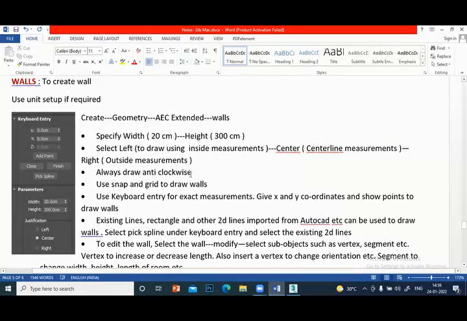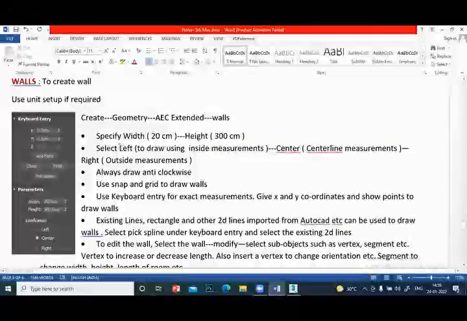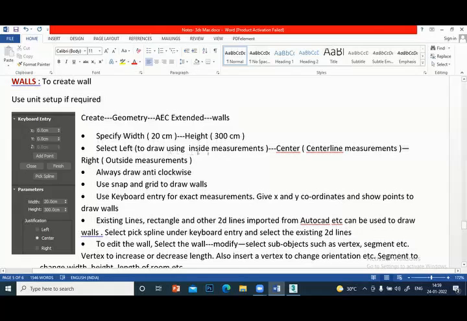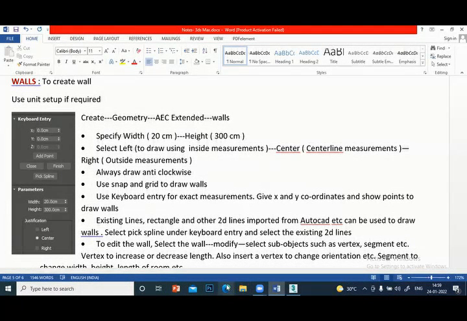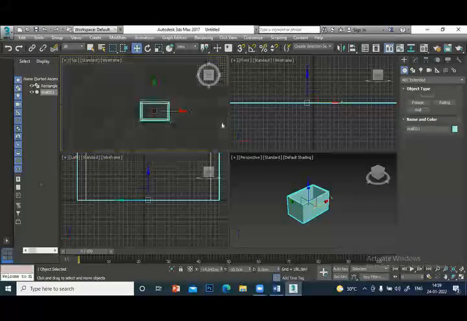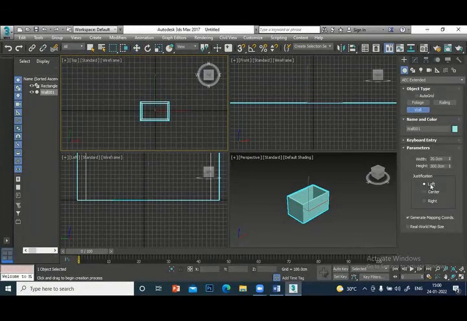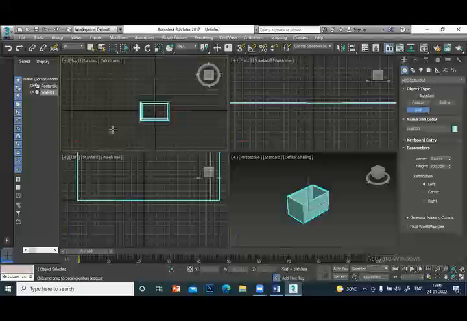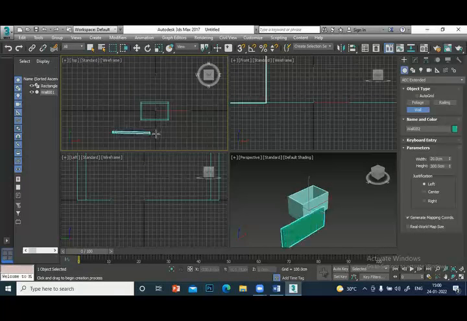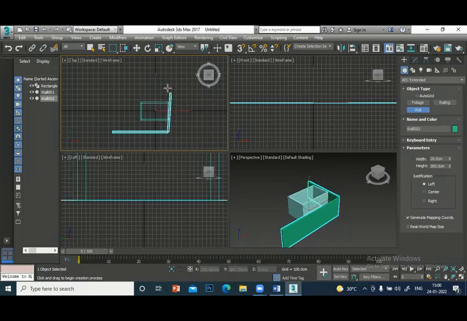Now you select the justification. When you select left, you draw using inside measurement. If you want to draw using inside measurement, you should be very careful when you draw the wall. With left, don't draw like this, then it is wrong. You have to draw anti-clockwise like this. Click, click, click.